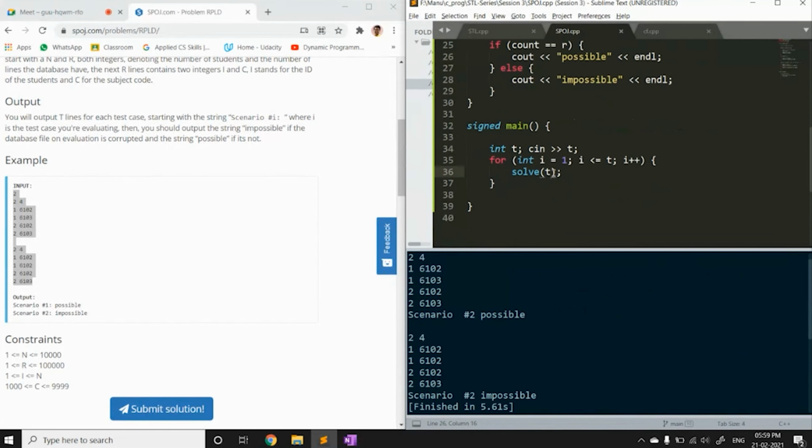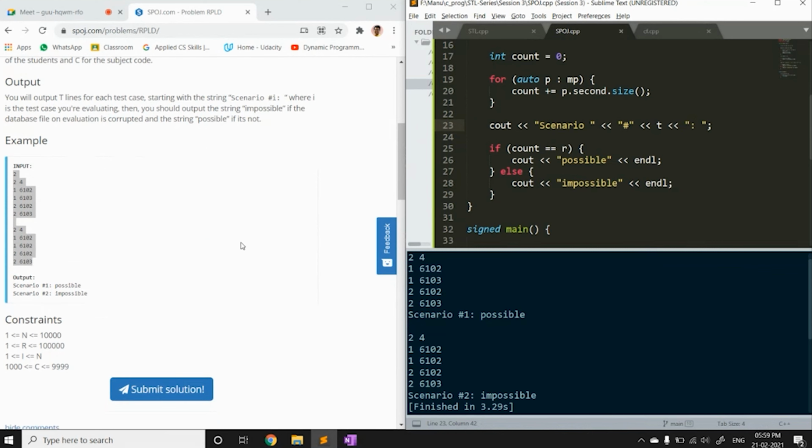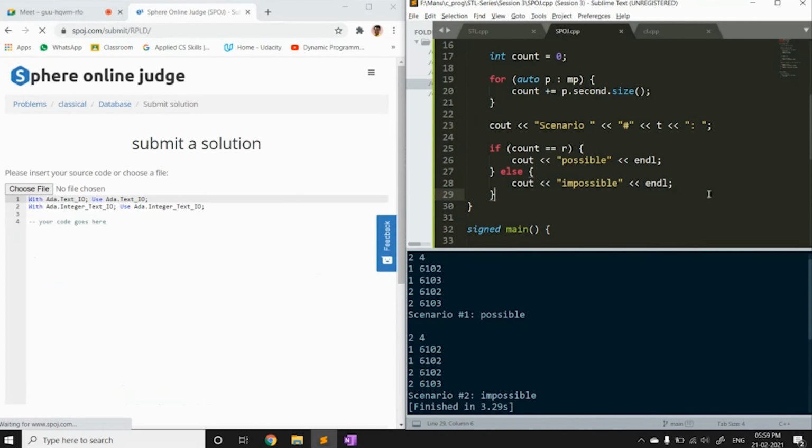Oh, I made a small mistake here. I think this code is perfect. So let me just try to submit it. There will be a semicolon here. Okay, so this works out, I think. Let me try and submit this code.